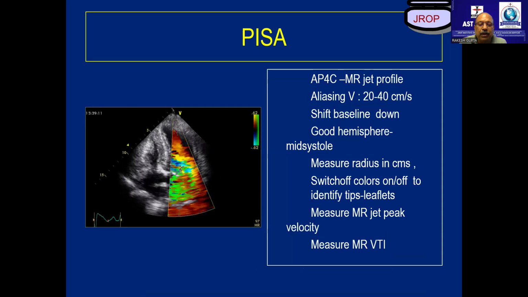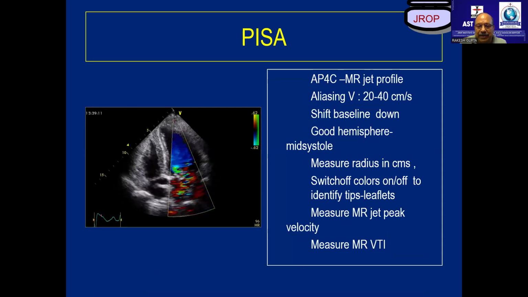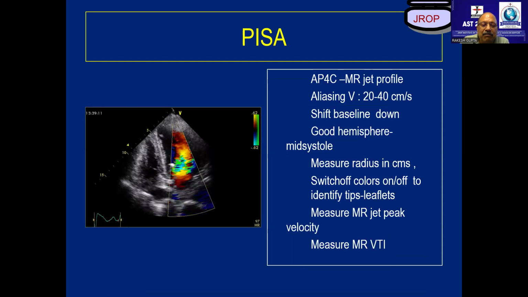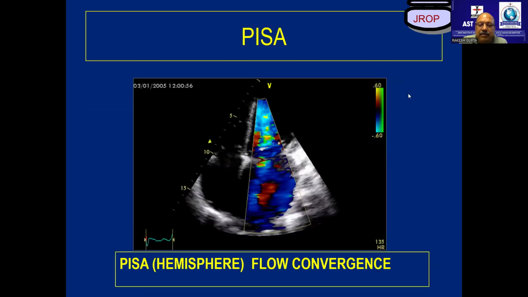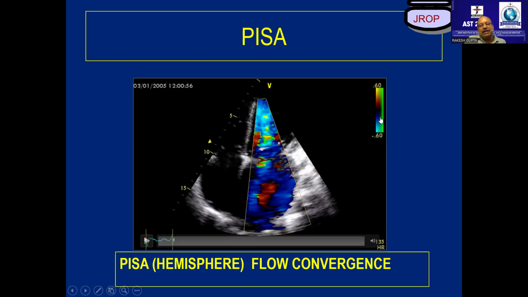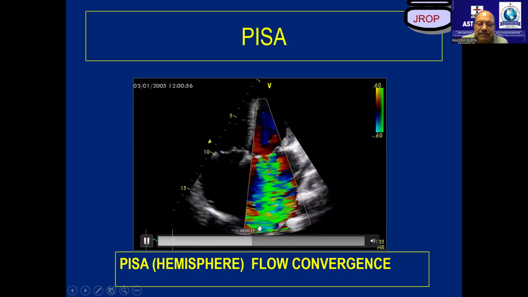Right? Now let's do it. What exactly do we do? First of all, when we see a severe mitral regurgitation, we move this baseline downward in the direction of the jet. So this will become 80 to 100 and this will become 20 to 40. So I'll move this scale down. There's a button on the line where you move this line down. As you move this line down, these hemispheres become much clearer and bigger in size, giving you a real value to look at these hemispheres.